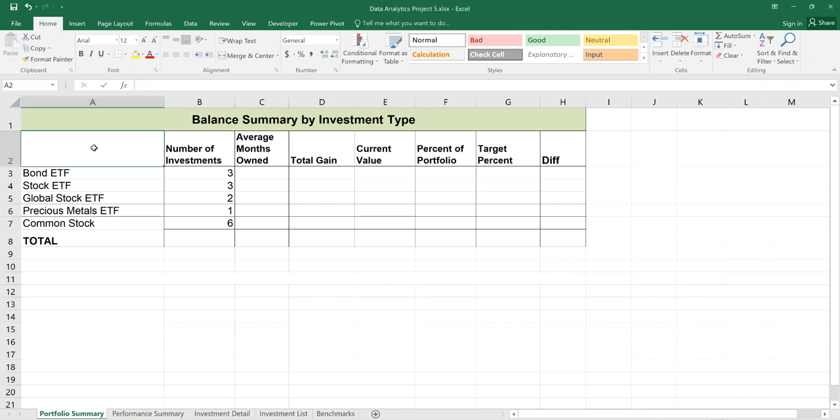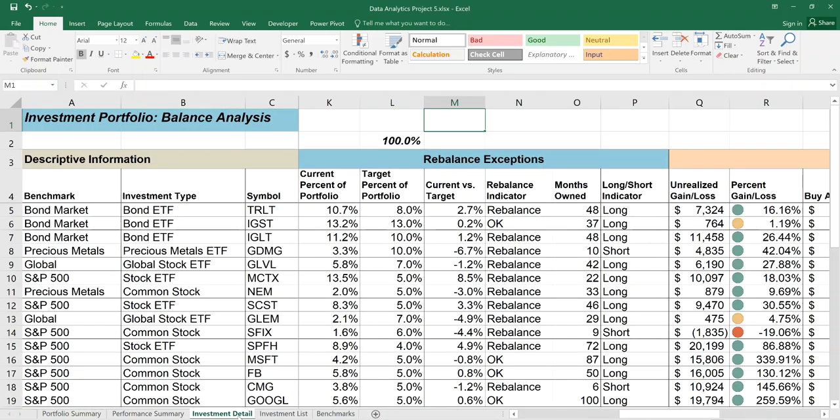This is the average if function, and the average if function is used to calculate the average of values within a cell range based on criteria that we add into the function. I'm in the portfolio summary worksheet, and I'm summarizing the data that exists in the investment detail worksheet. And for this exercise, we're going to calculate on average how long we have owned investments that are classified by